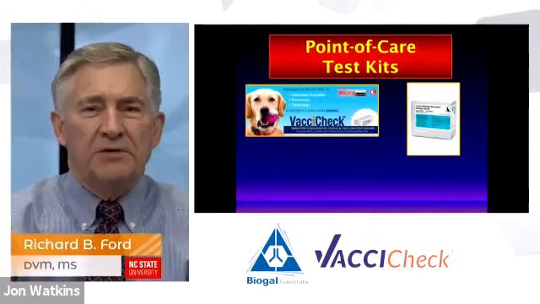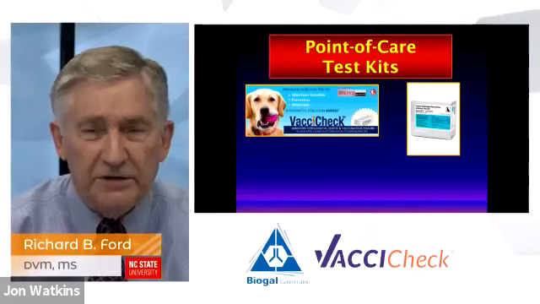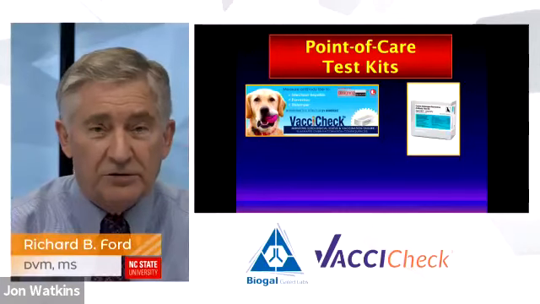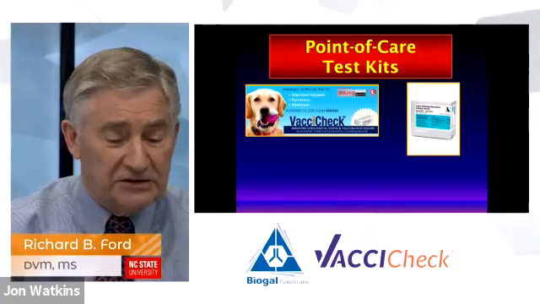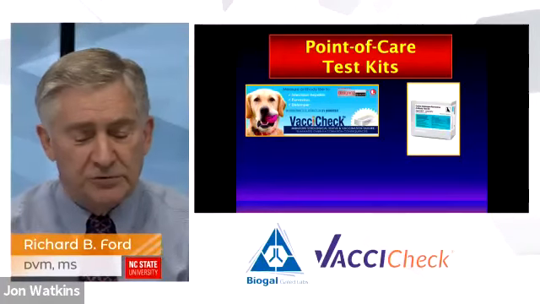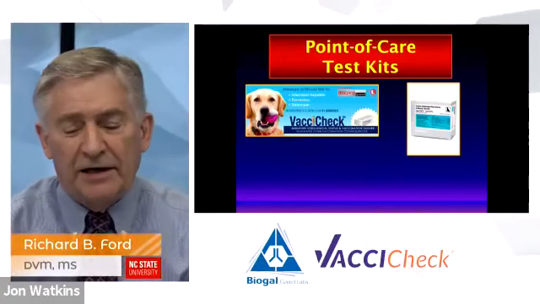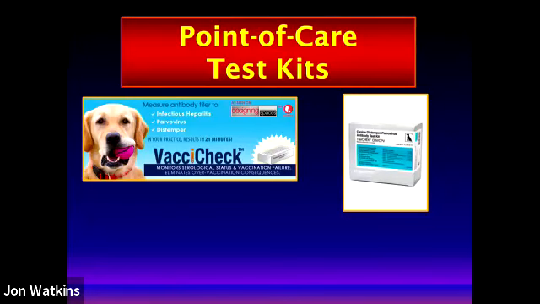Now, when it comes to the point-of-care tests, in the United States, there are 2 tests available, the VacciCheck, produced by BioGal, and another one called titer check, and this is the product that Zoetis provides to the profession in the United States. This is not available in Canada, and I'm not aware of what the distribution is outside